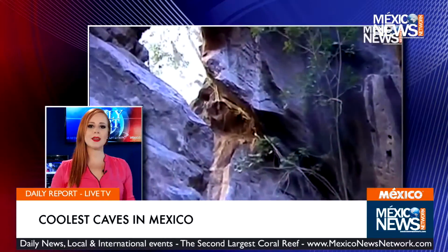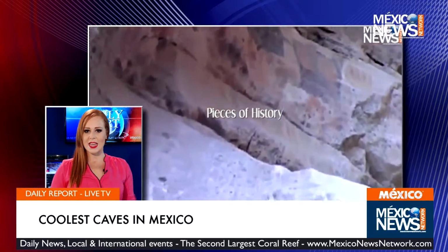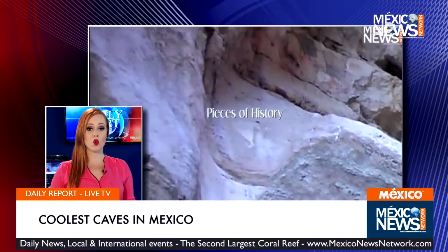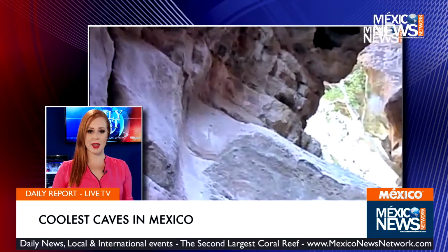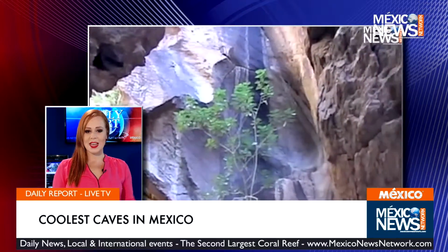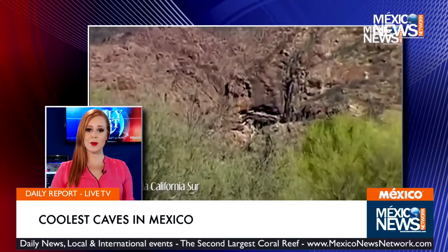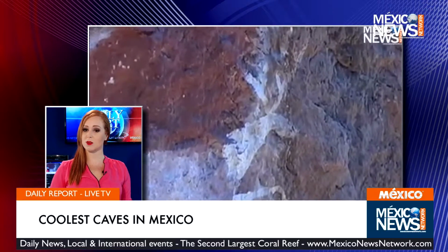Our first stop is Cueva La Pintada in Loreto, Baja California Sur. It is a cavern that preserves over 1,000-year-old paintings, some of the best cave paintings in the world. They are larger and more numerous than the ones found in Europe, and they have been put under special protection